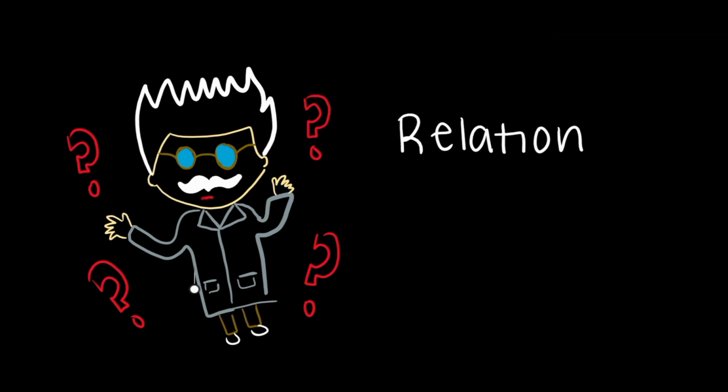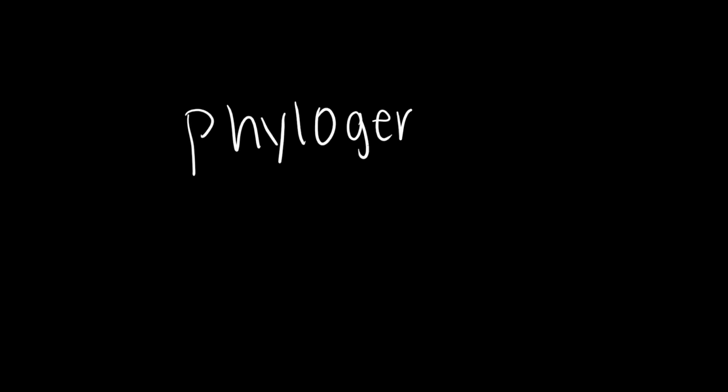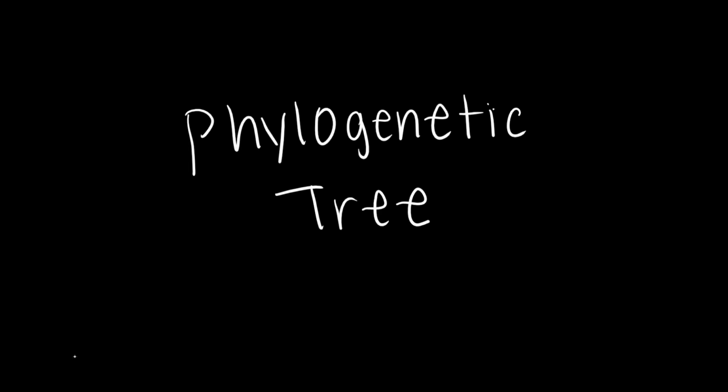For many years, scientists have wondered how different species are related and how this information could be put in an evolutionary context. That's where phylogenetic trees come into play. A phylogenetic tree is a diagram that helps us see the evolutionary relationships between different species. It's based on their similarities in their physical or genetic characteristics.